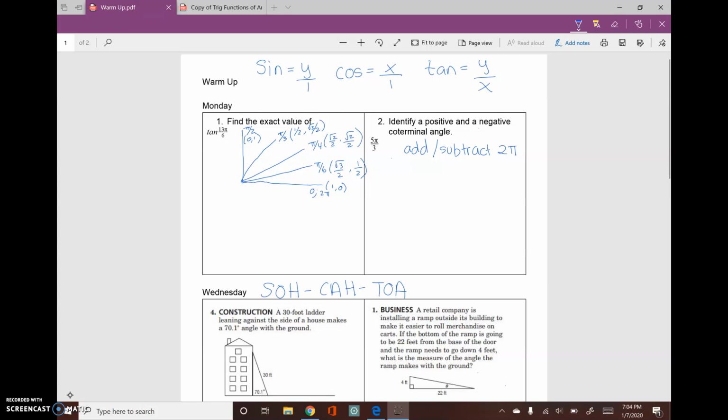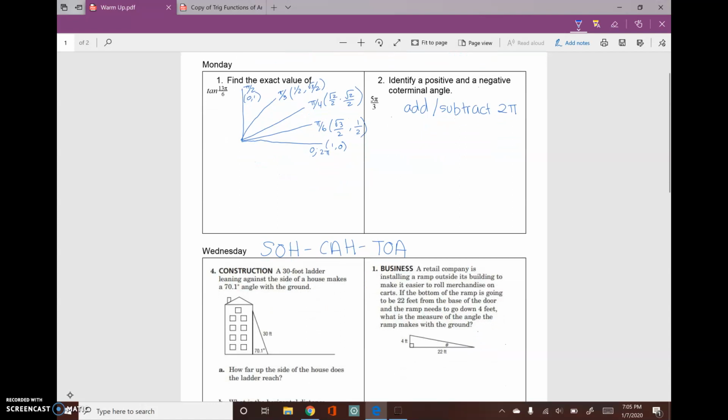Number 2, some of us struggled a lot with this concept, but we're going to need it for next week's lesson. To find positive and negative angles, you need to add or subtract 2 pi to the given angle they gave you. Don't forget to find the common denominators. Then going to Wednesday,